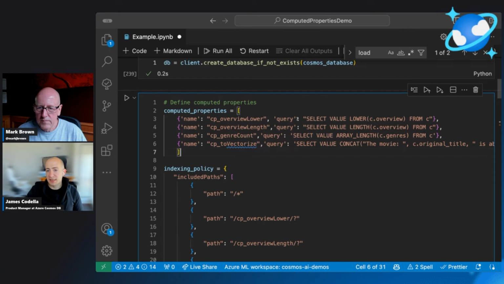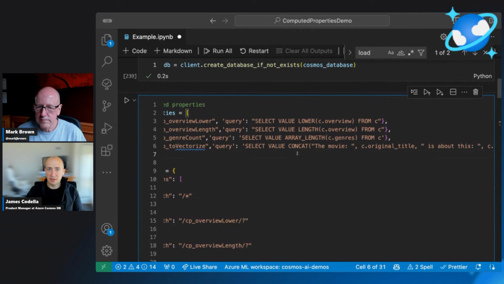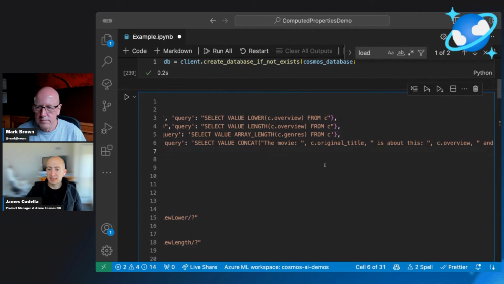And we can see here that the definition for these computed properties is just defined as a NoSQL query, right? For my lower, it's select value lower of my overview. For the overview length, it's getting the string length. For the genre count, it's getting the length of the array using the array length system function. And then for the toVectorize property, we're using the concatenation string system function here and adding some